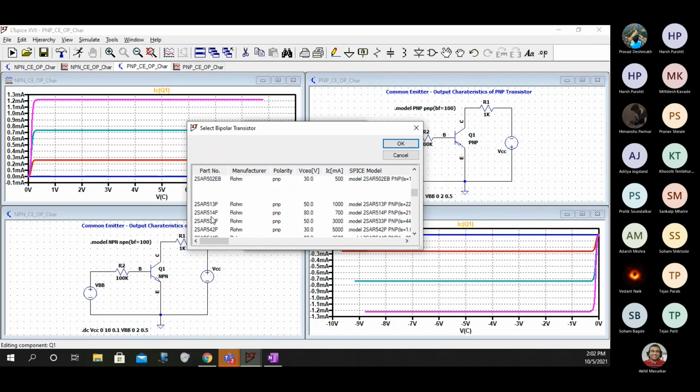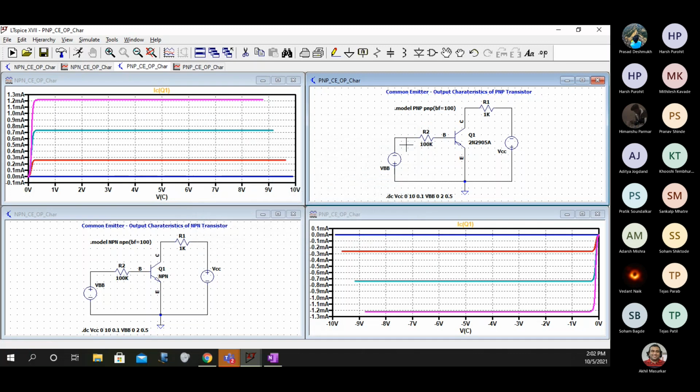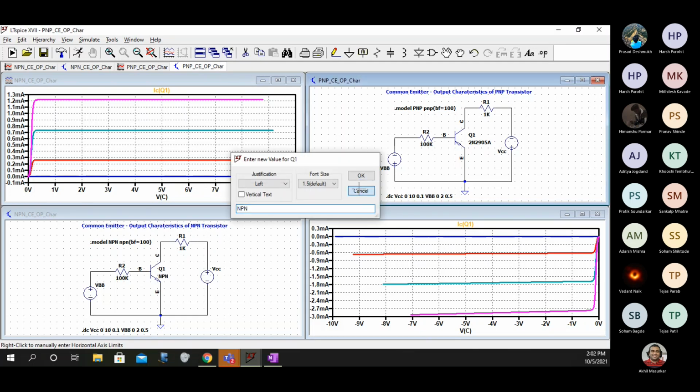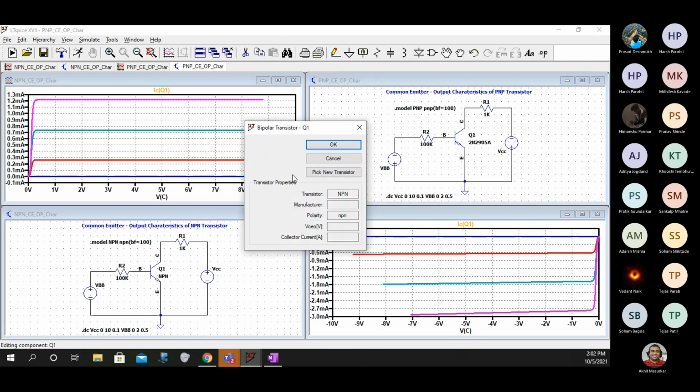You can pick up any transistor of your liking, NPN or PNP. You can just pick up the first one. You can rerun this and see different characteristics. For an NPN transistor also you can do that.